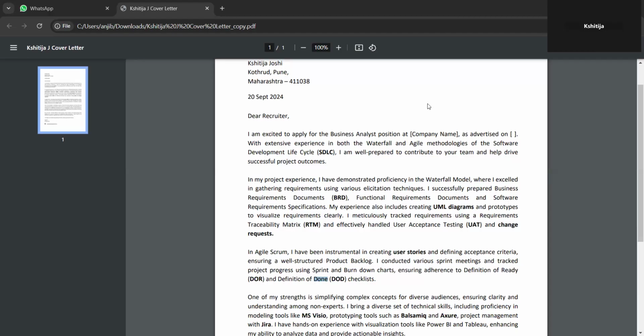Ensuring that the solution developed by the team is completed as per the business objectives, and also assist in UAT, reviewing the product during the sprint, and documentation if there is any.